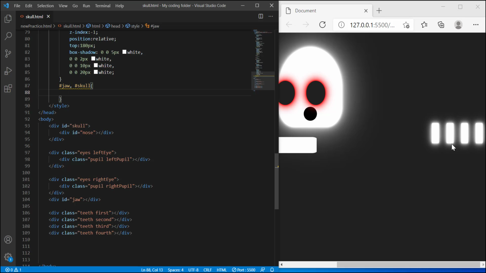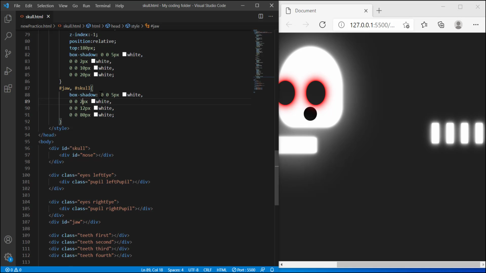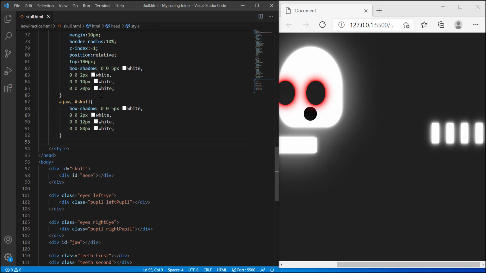So I'm going to give both my jaw and my skull a box shadow of 0 0 5 pixel white. And as always, I'm just going to copy this down 3 times and change the values of it. This will be 80, this will be 12, this will be 2 pixels, and then I can style each of